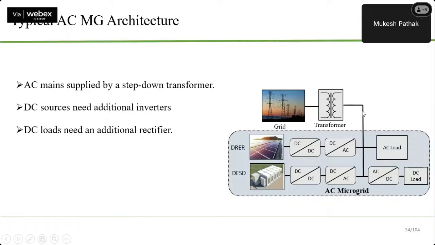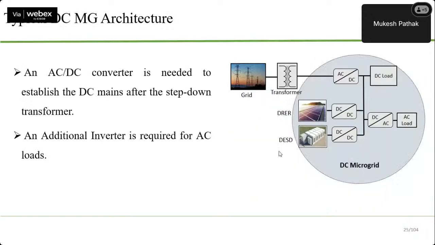So there is a transformer here at the AC microgrid which connects it to the main grid, apart from the distributed energy generation sources. If we use a solid state transformer, then this can change. Similarly for a DC microgrid, we'll see later on, but a DC microgrid also has a transformer and then a converter, and this is a microgrid. You can connect your renewable energy sources and battery energy storage, then supply DC loads directly and supply AC load like this. But in case